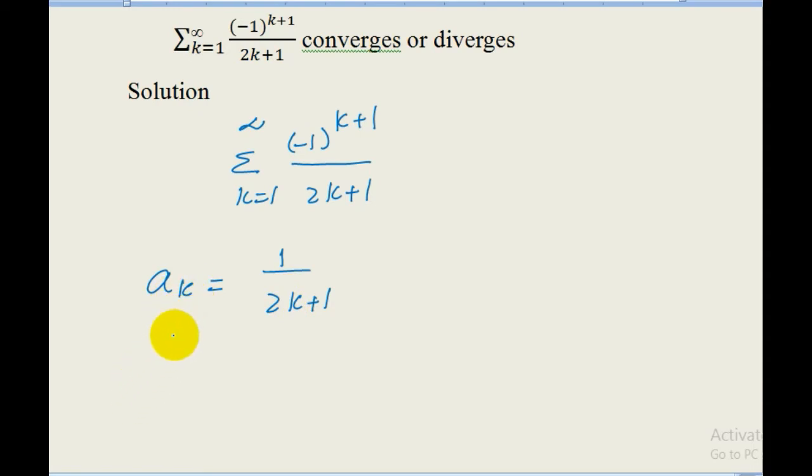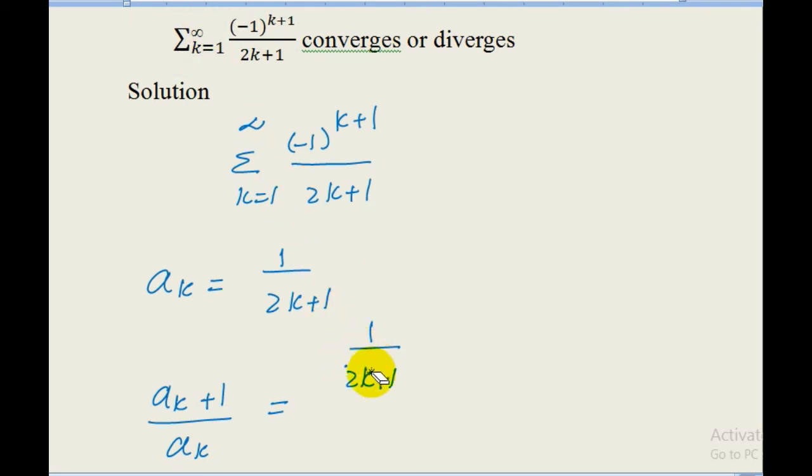So to show that this series is decreasing, we find the ratio ak plus 1 upon ak, where ak plus 1 is equal to 1 upon 2k plus 1,